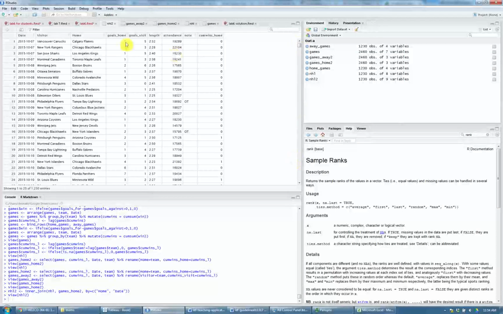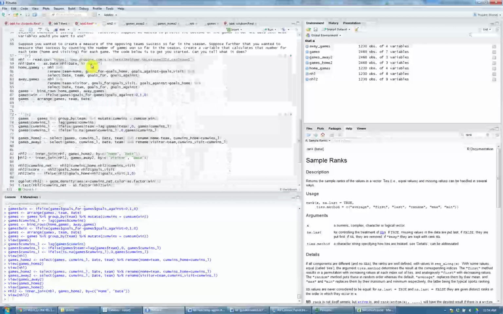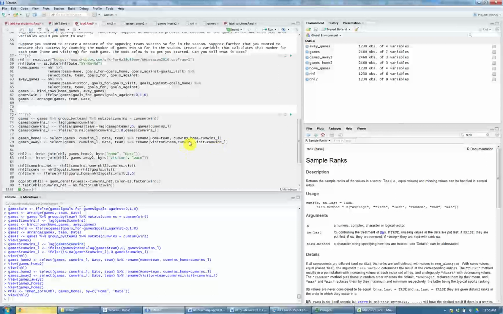That's what we want, and we just need to do it one more time for games away too, where we renamed each team visitor. Cumulative wins, we renamed cumulative wins visit. Okay, and we're going to just add that additional observation to NHL2. We're going to merge by visitor and date, and